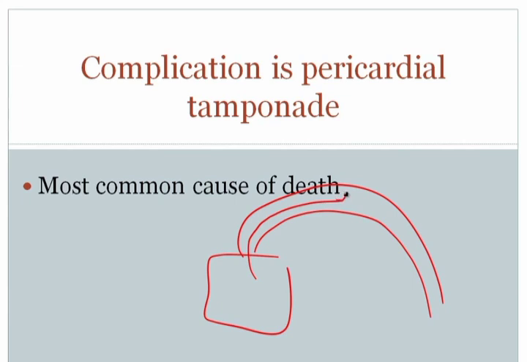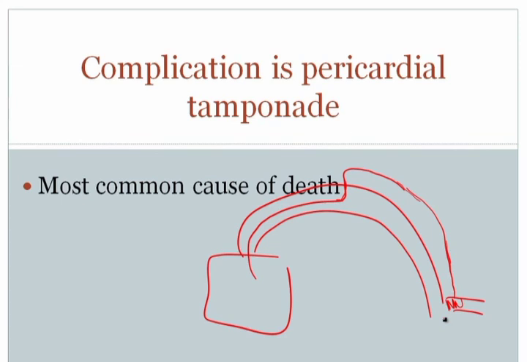Now when we get a dissection, blood's going to go into the media, and then it's going to dissect through the media. So there's a couple possibilities. It can dissect through the media, and then it can go down. And as it goes down, imagine if eventually we've got the renal arteries coming off here, it can compress and push down on the renal artery, which would then, of course, create obstruction and then end organ ischemia to the kidney as one example.